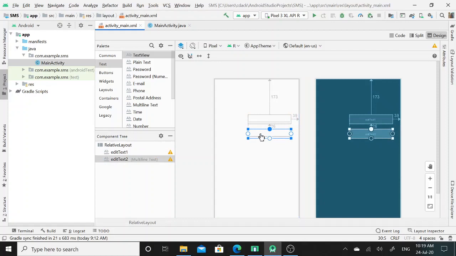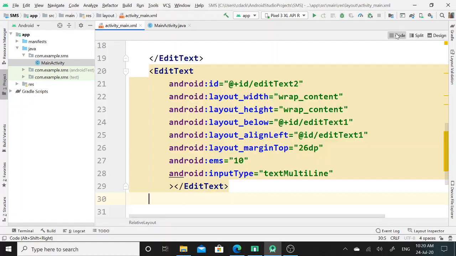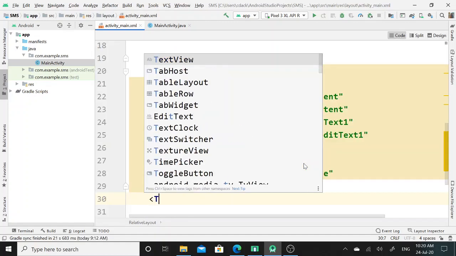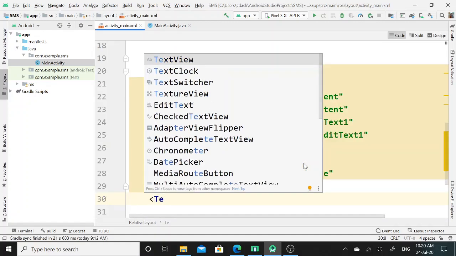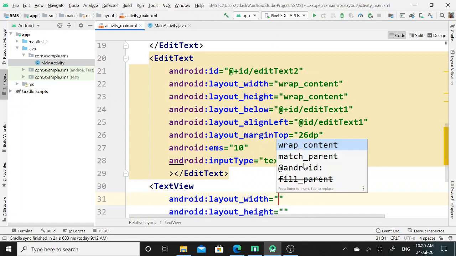So to make the user understand that this edit text is to enter the user's contact number, I will create one text view to show the message contact number, so I will call here text view tag.